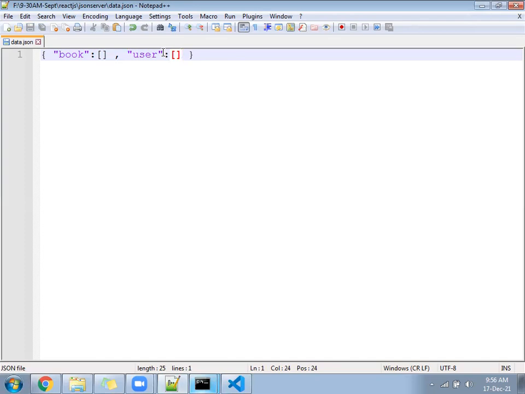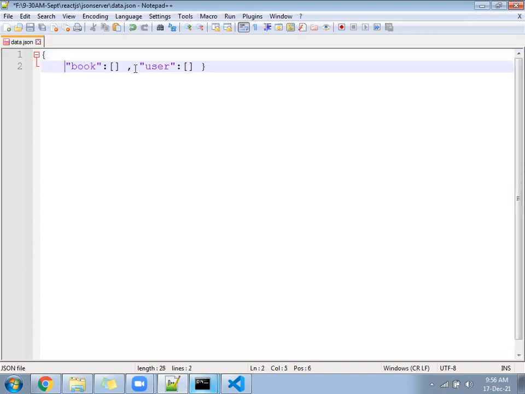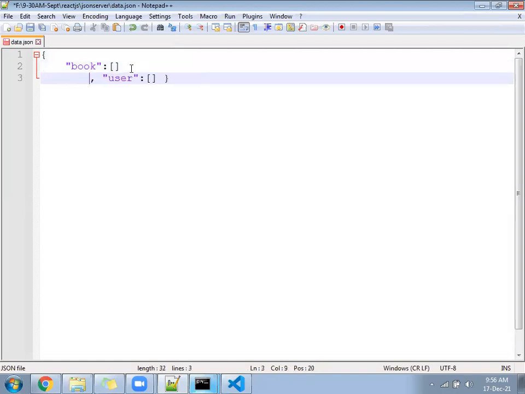In these two arrays, we are going to store the data. Follow proper lines and proper spacing.